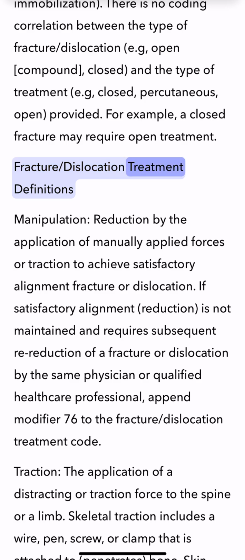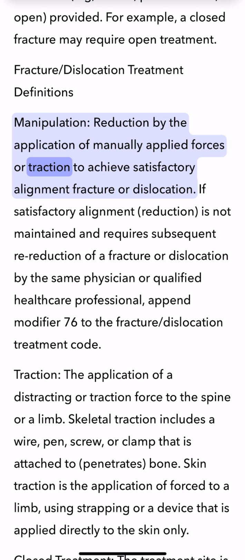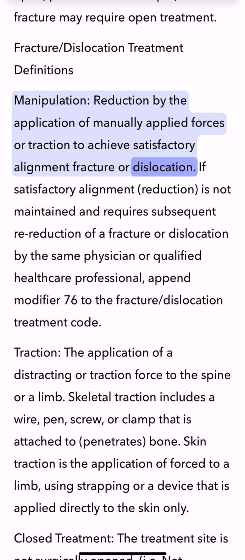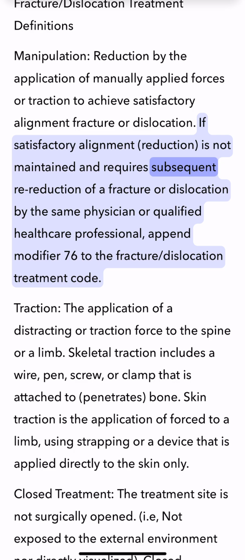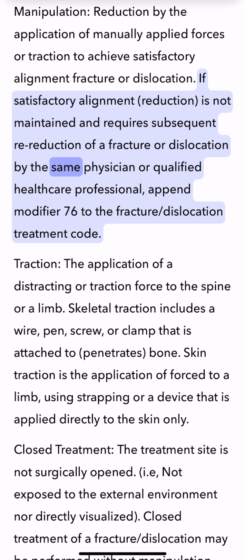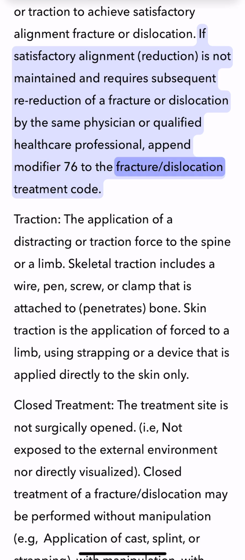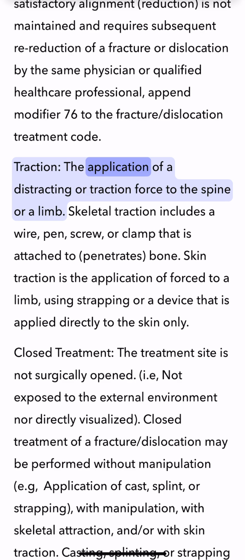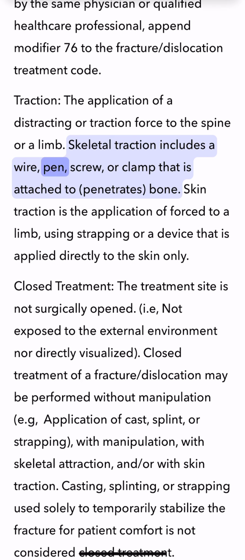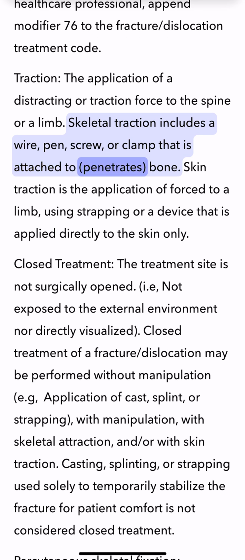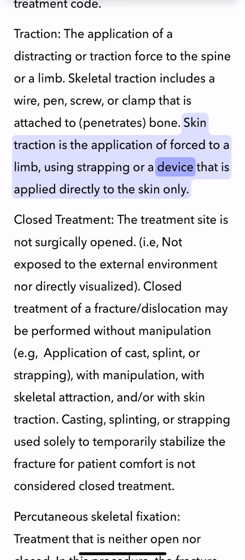Fracture dislocation treatment definitions. Manipulation, reduction by the application of manually applied forces or traction to achieve satisfactory alignment. Fracture or dislocation, if satisfactory alignment, reduction, is not maintained and requires subsequent re-reduction of a fracture or dislocation by the same physician or qualified healthcare professional, append modifier 76 to the fracture dislocation treatment code. Traction, the application of a distracting or traction force to the spine or a limb. Skeletal traction includes a wire, pin, screw, or clamp that is attached to, or penetrates, bone. Skin traction is the application of force to a limb, using strapping or a device that is applied directly to